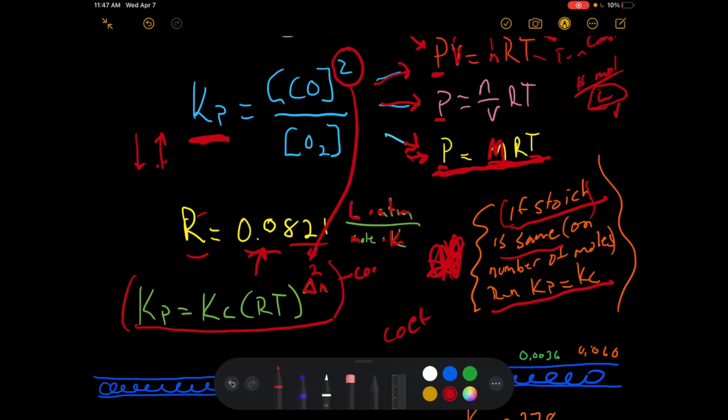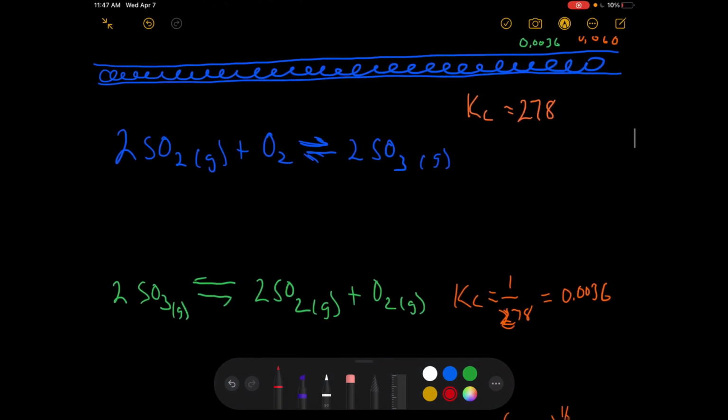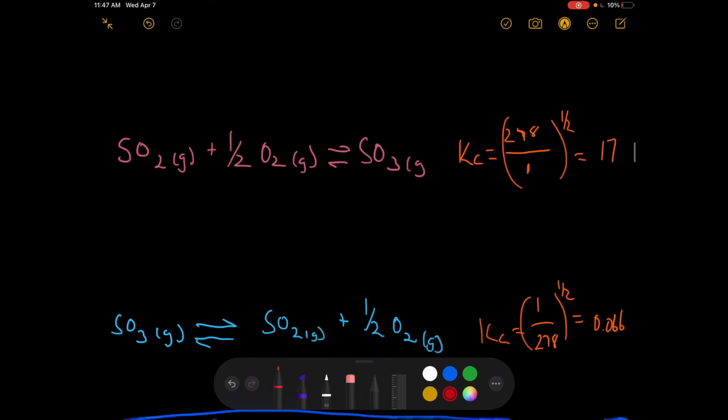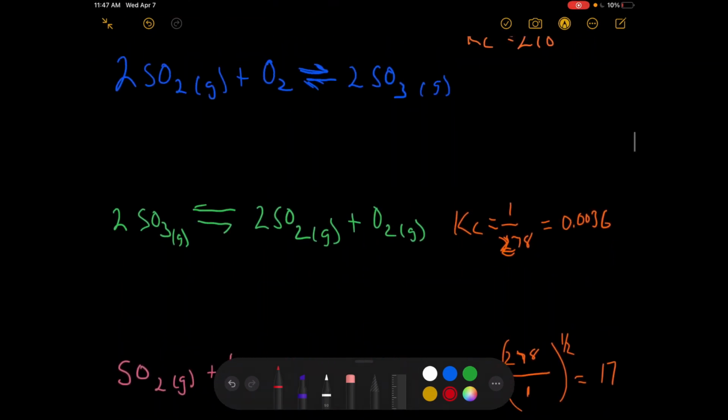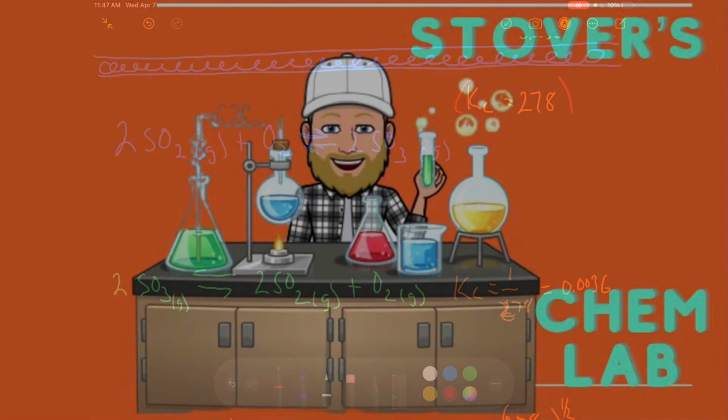So you could have the same amount of concentration in here, but the pressure is going to be different. Okay, so let's see. What did I put this here for? Oh. We have, say we're looking at this. Actually, that's